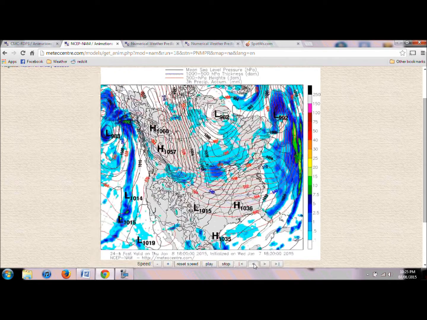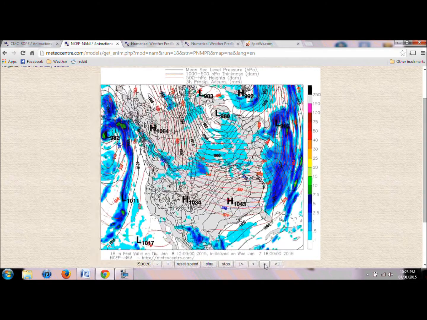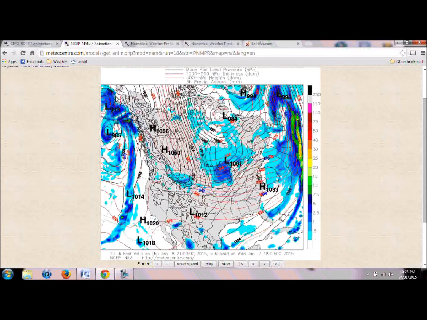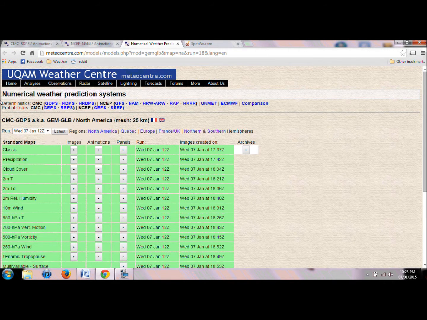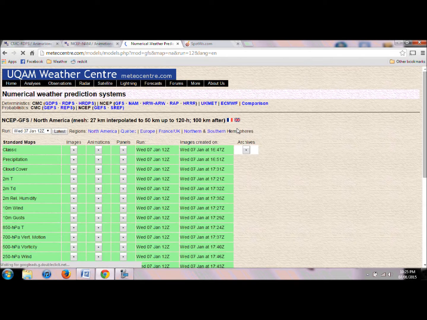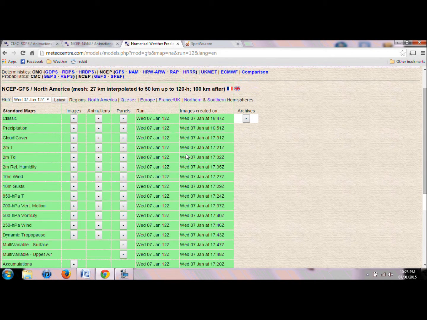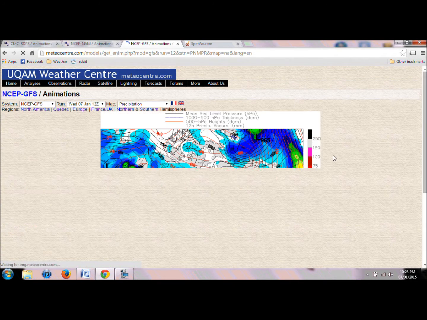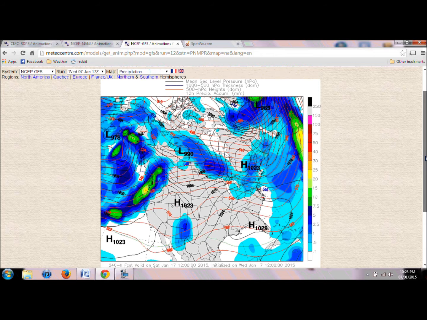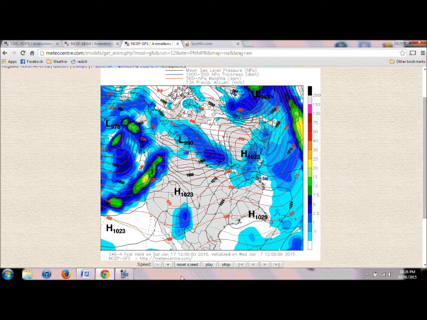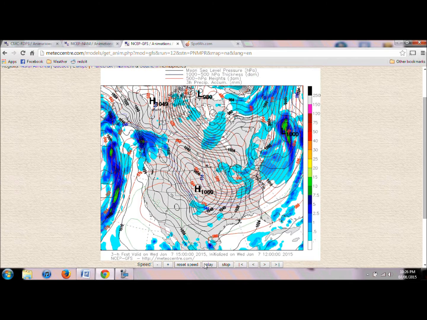And similar idea, so low moves in. Looks like we might have a little bit more precip with NAM. Unfortunately, now we're going to be able to check that. What I'm going to do is just take a look at GFS. And the reason I'm doing this is NAM doesn't have great coverage for eastern Newfoundland. And NAM is the American high resolution. So what I'm going to do is compare the American high resolution to the American low resolution. And I do get numbers for the American low resolution. So I'm hoping that'll be a good approximation for what the American high resolution would say